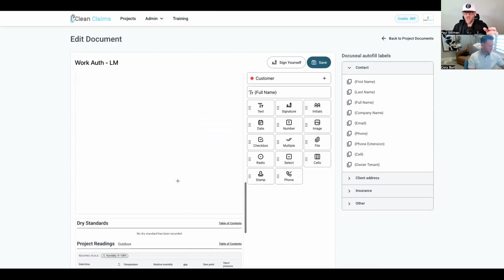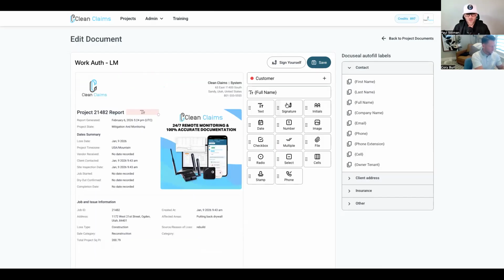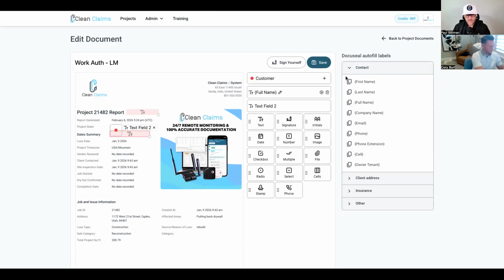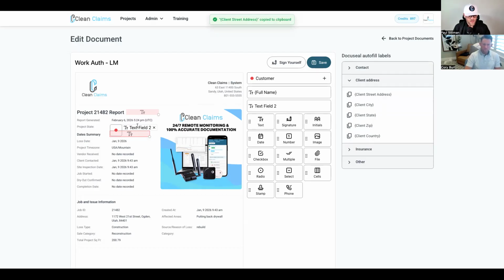So if it's something maybe you only need in two spots, that's a great task. There is a way you can automatically do it on every page as well. So from here, you'll notice this is our top one here. If I want to add another text box here where I want to have the client's address, I can come down to our little autofill, hit client address, copy client street address, simply come right here, hit paste. This will paste in the client street address. Again, if I want to make this required, I can simply turn that on or off, and this will autofill